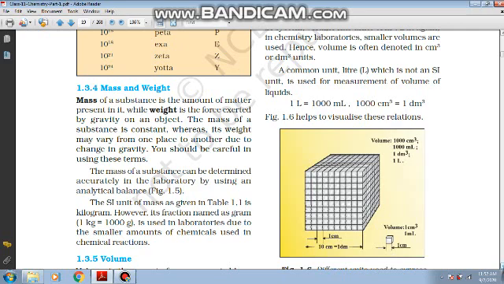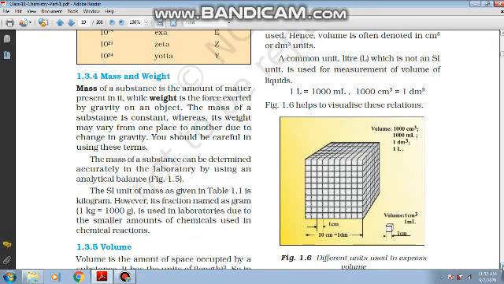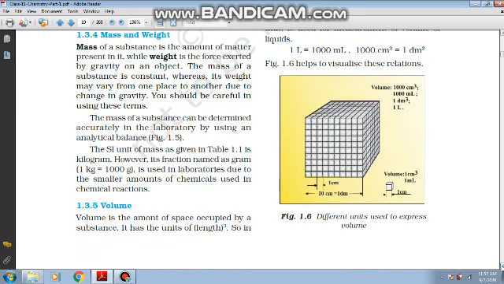Now children, coming up to mass and weight. Mass and weight are used interchangeably in chemistry. In chemistry, we do not differentiate between mass and weight as you do in your physics classes, where weight is mass times acceleration due to gravity. In chemistry, we do not differentiate between the two terms, and we always use mass in a simple sense to express the weight, and it can be measured in grams, micrograms, or kilograms, whatever is useful or convenient for the user.